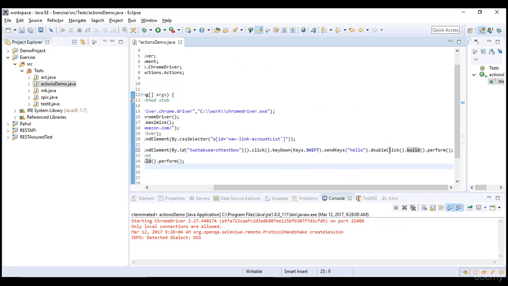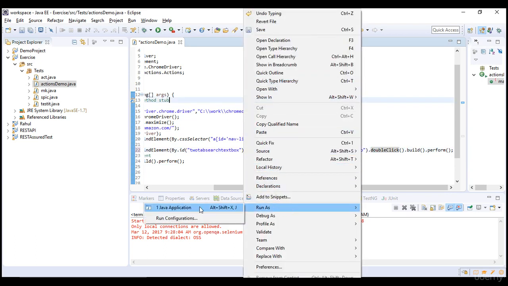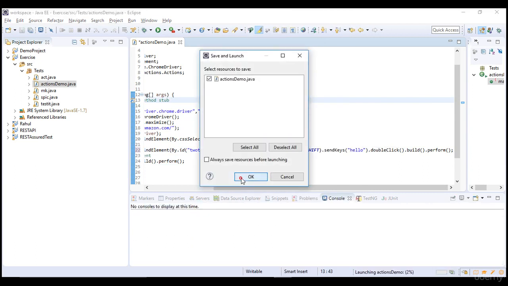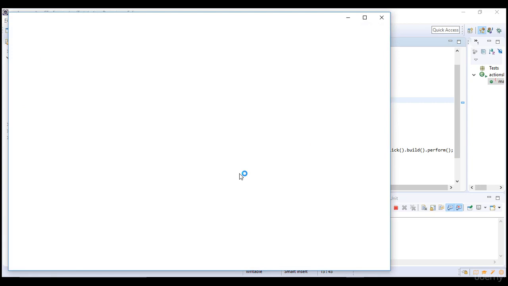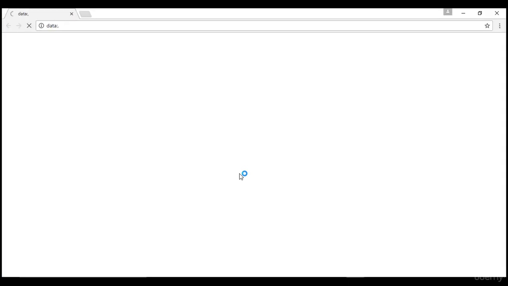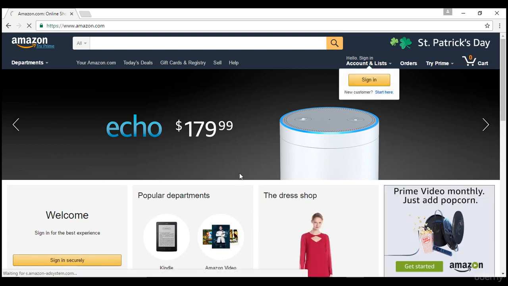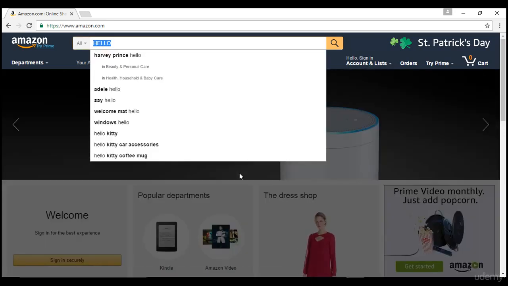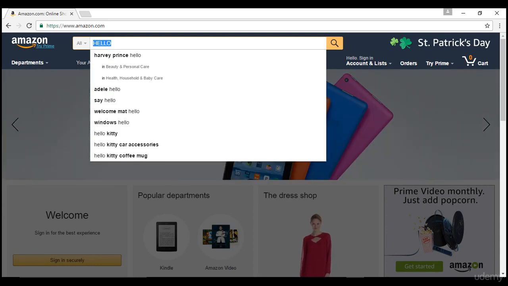And now when you run this test, it should select hello. It should write in capital letters and that should select. Let's see. Now this is how you can play around with the actions class. All the mouse and keyboard interactions and user gestures can happen with that. So you see that. Okay, hello is selected. Because we just know that it will be selected if we do a double click, and we just played that trick and it worked.